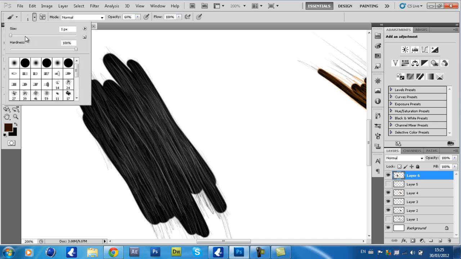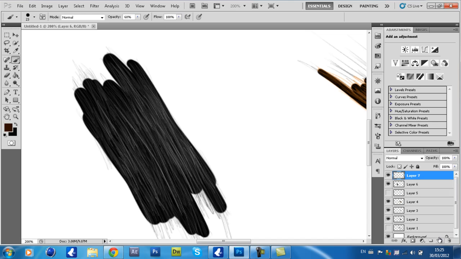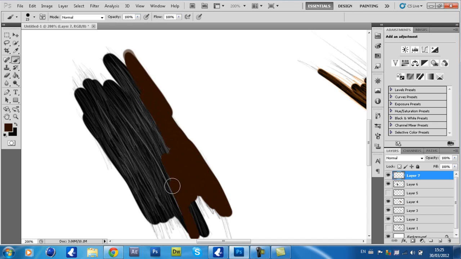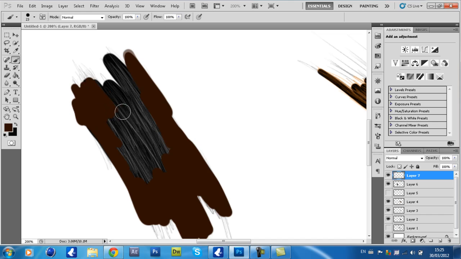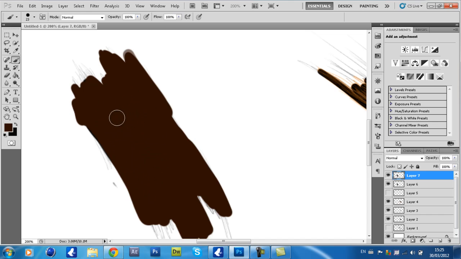And just get a bigger brush, say size 20. Create a new layer, and then just brush over, go to 100. Then just kind of brush over that. This is very simple to do, just a bit long when you're doing a whole head, but either way, it's a simple technique, and I think it does a great job on it